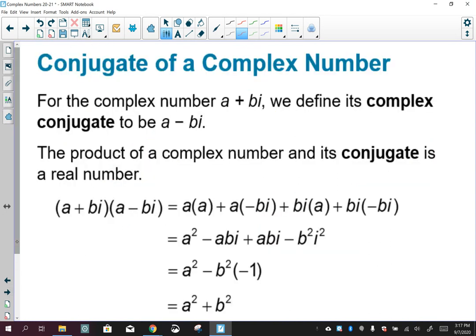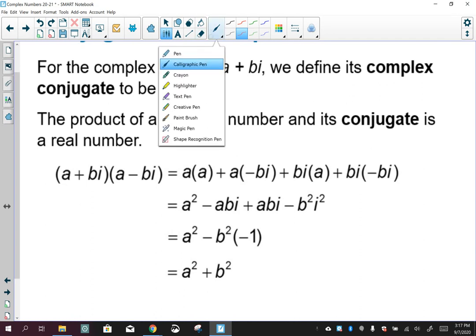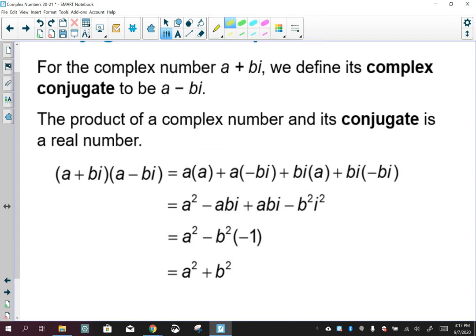So let's talk about conjugates. Hopefully you remember a little bit about this. We normally talked about conjugates when you're trying to rationalize a denominator with square roots. You would multiply the top and bottom by the conjugate. In this case, we are going to have what's called a complex conjugate. So if I have an A plus BI, I have to multiply top and bottom by an